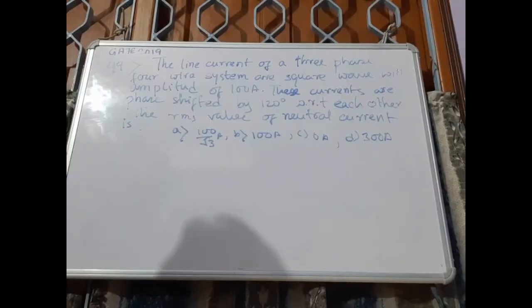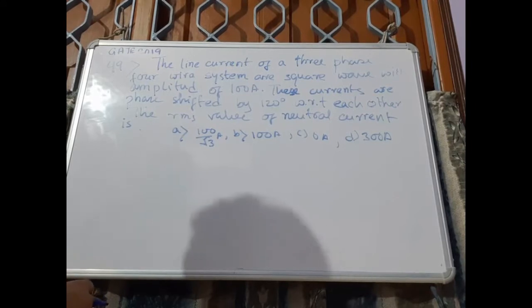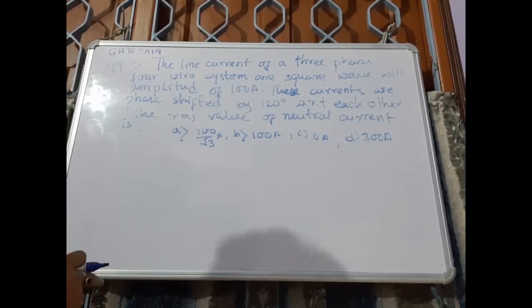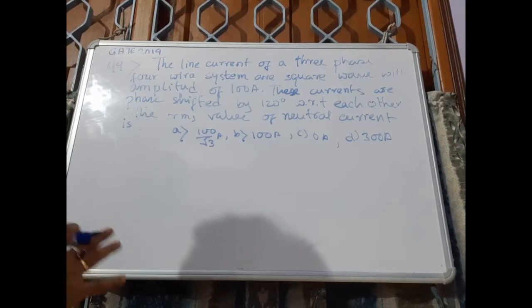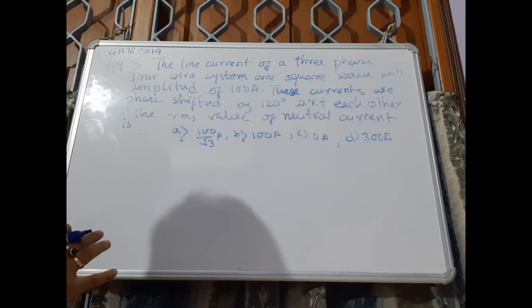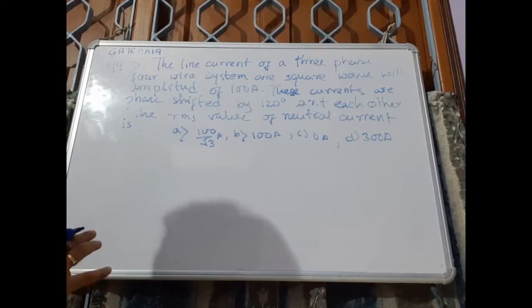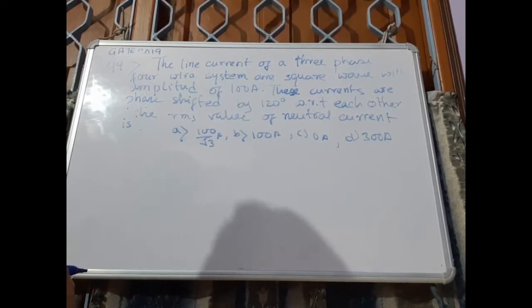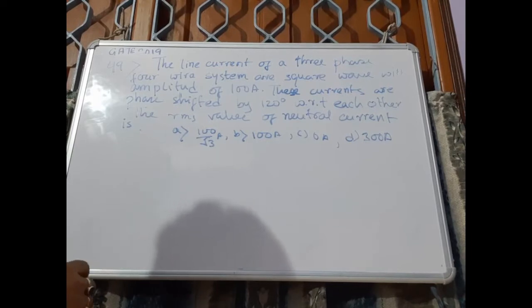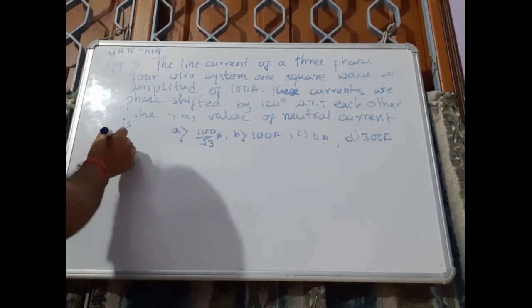This is problem number 49 for GATE 2019. The line currents of a three-phase four-wire system are square waves with amplitude of 100 ampere. These currents are phase shifted by 120 degrees with respect to each other. The RMS value of neutral current is asked. Now, neutral current means